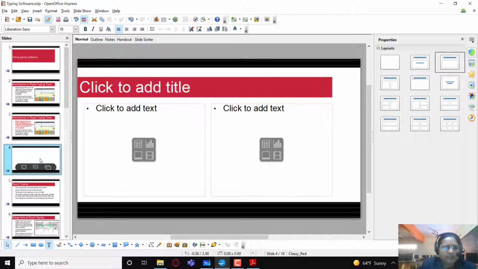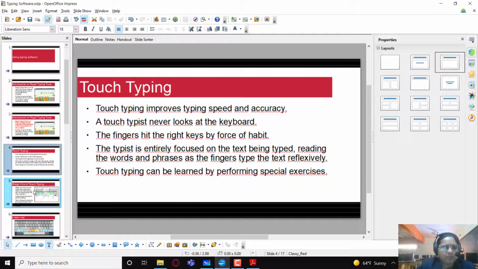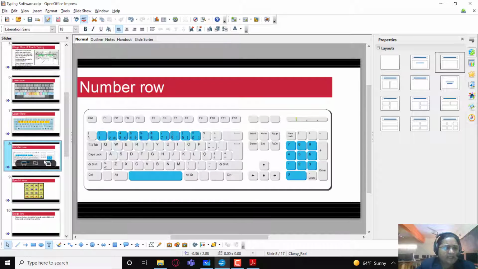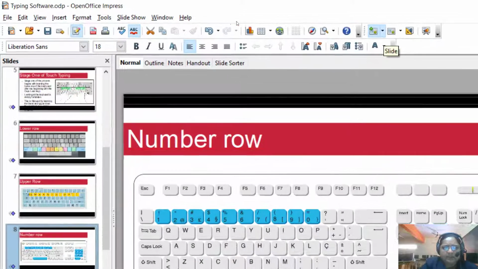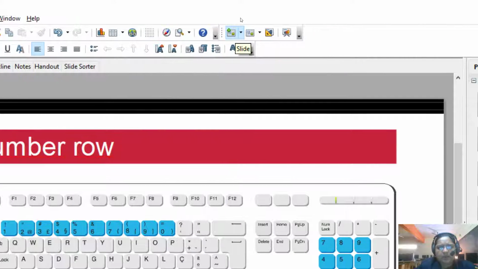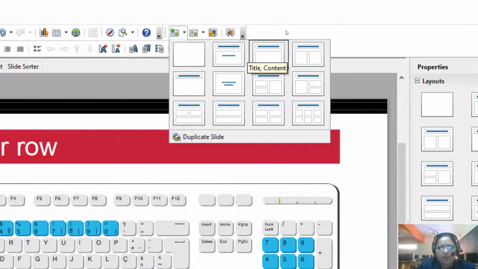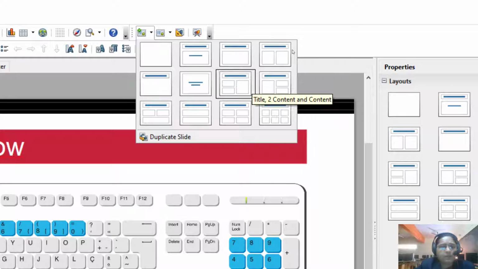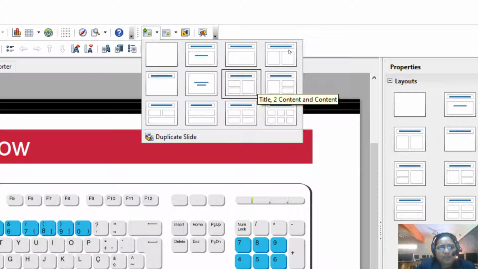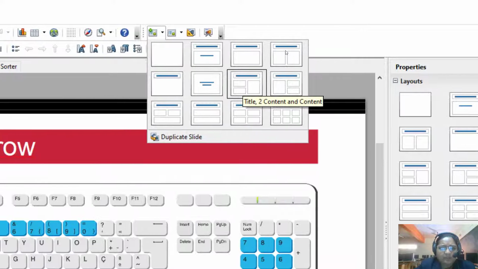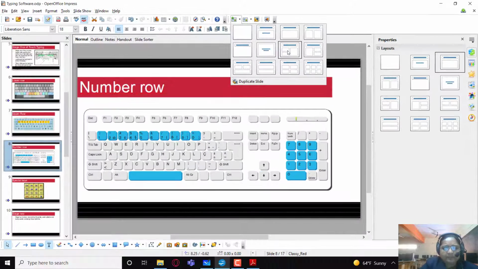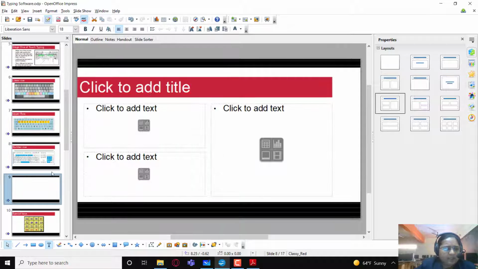And there is also another option here, like for example I want to insert a slide after the 8th slide. So I have selected slide 8 and I'm going to this option here on the standard toolbar, that is slide option. Click on this drop down arrow and you can also select the layout which you want for the new slide. So whichever new slide you want to insert, you can also set its layout. So I can set its layout as this one. So when I click on this, it not only inserts the new slide but also applies the selected layout on the slide.